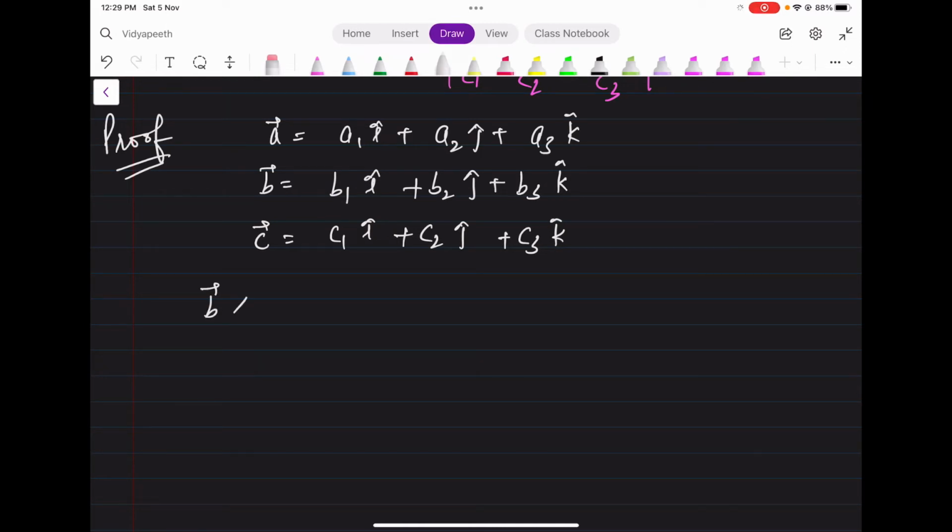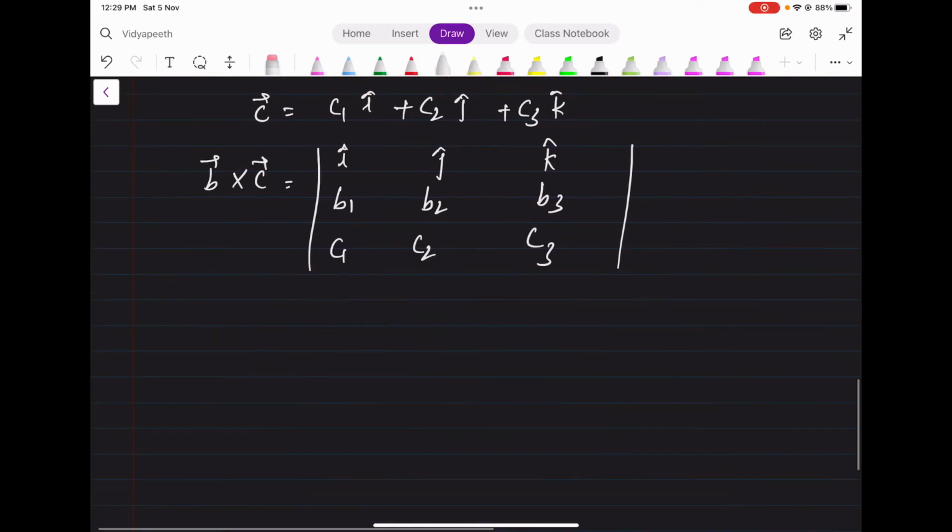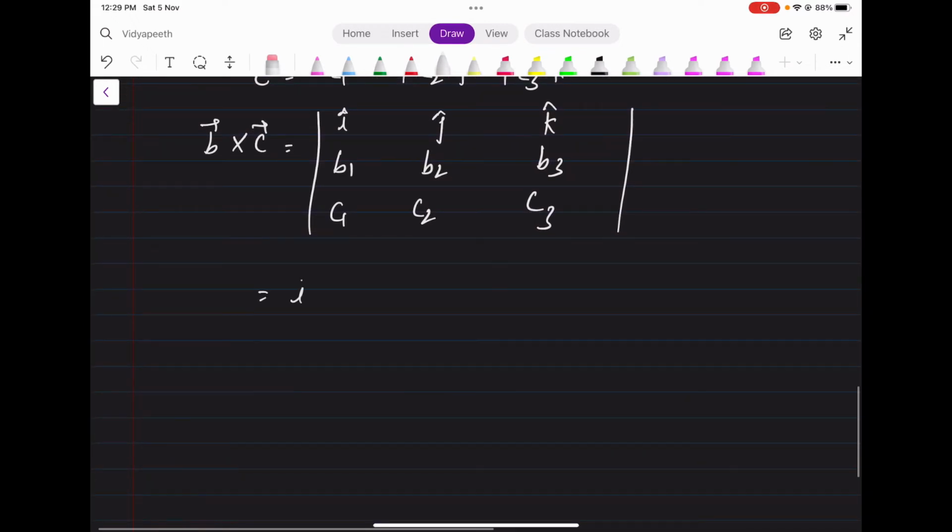So let us quickly see what B cross C is. Already we know how to calculate the cross product between two vectors. So this is i, j, k. Now corresponding to B, this is B1, B2, B3. Likewise, this is C1, C2 and C3. Let us expand this. So i times B2 C3 minus C2 B3,